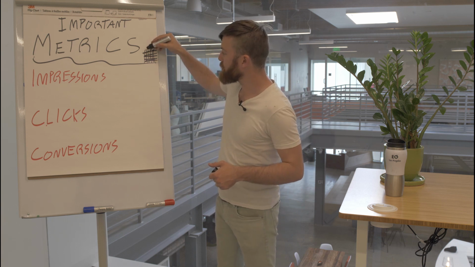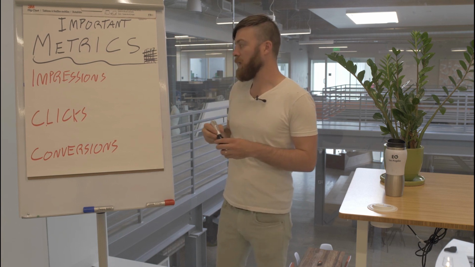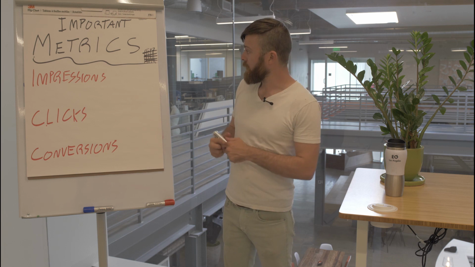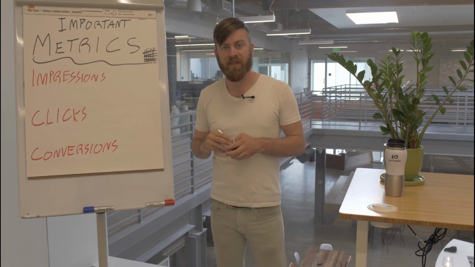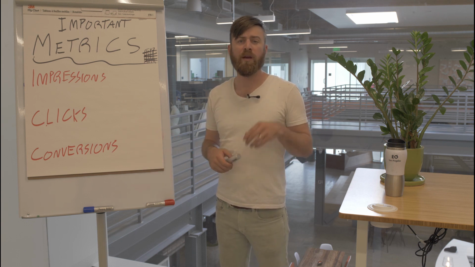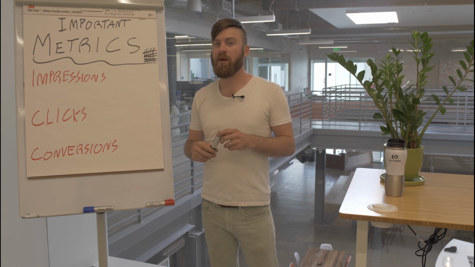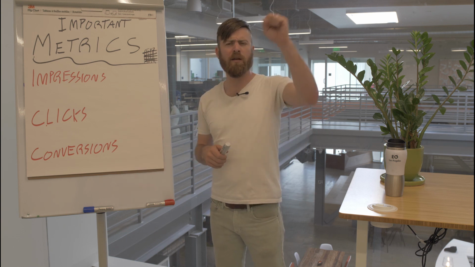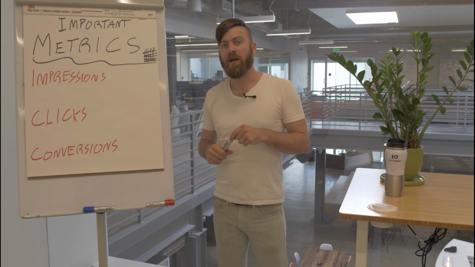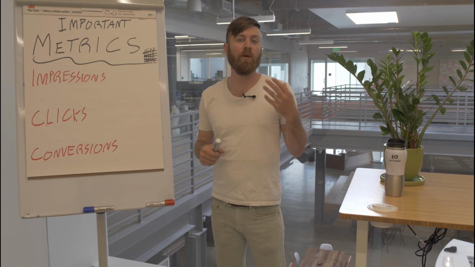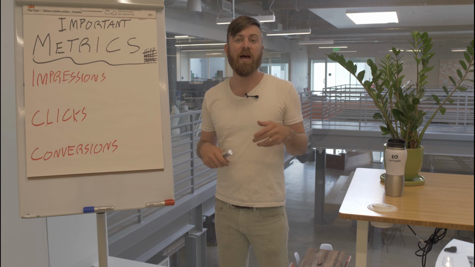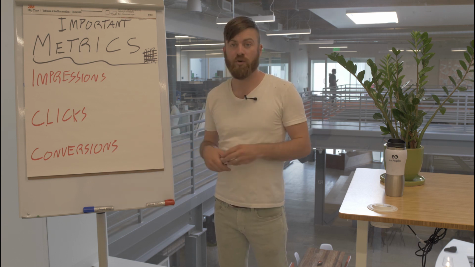And each of these light bulbs, basically what you're doing is, a conversion pixel is a little dot, that's an image, and the ad networks such as Google or Facebook can tell when that image has been loaded. So when that image has been loaded, they say, oh, that's a conversion. And what you do is you place this little minuscule image on whatever the web page is. So on whatever the web page you want to say is a conversion. So if somebody ends up on a page after they purchase a product or after they take a certain action,